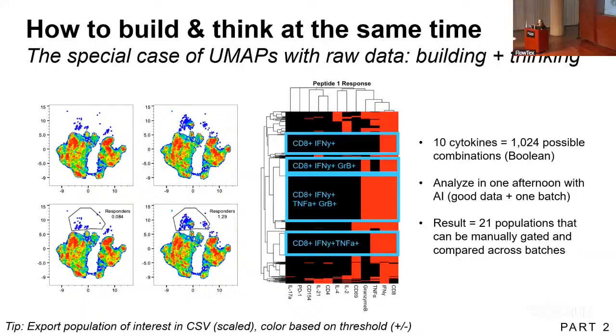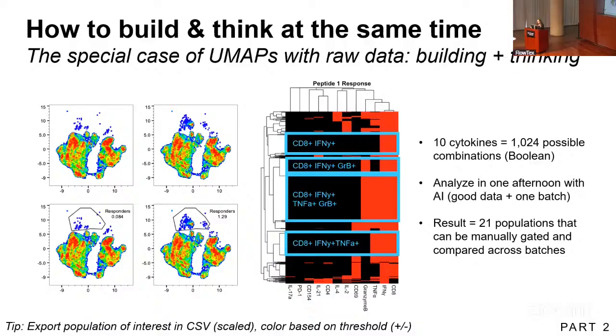If you're doing a manual Boolean gating strategy and you have 10 cytokines, there are 1,024 possible populations that you can look at. And you would have to gate all those and look at them over time and over samples. This did take me a couple of hours to do. It might take you an afternoon or a day,